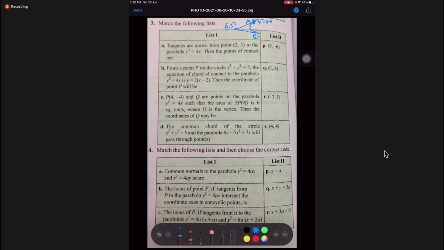So here we can know this point. If you draw tangents from here, the points of contact are a t1 square comma 2a t1 and a t2 square comma 2a t2. You know this point: a t1 t2 comma a into t1 plus t2. So we can find t1 and t2 from this. You know a, so we can find t1 and t2, then we can find both the points also.